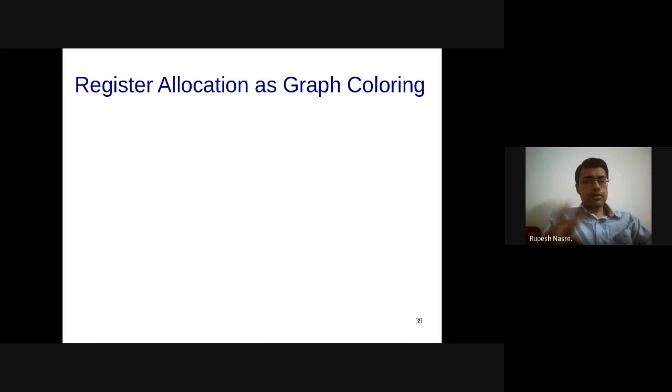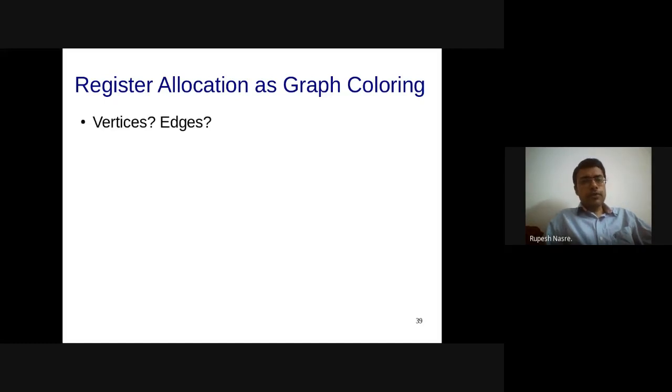Right? So these are two different directions. For showing something NP hard, we show a reduction from a known problem to the unknown problem, that is from graph coloring to register allocation. But if you have an algorithm for a known problem, then the unknown problem needs to be reduced to the known problem, solve that problem, and map back the solution to the unknown problem. So that is what we are going to do.